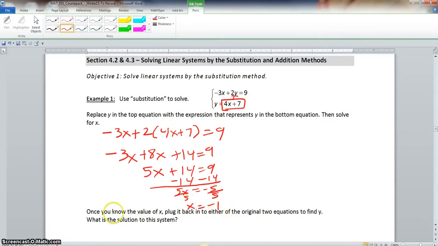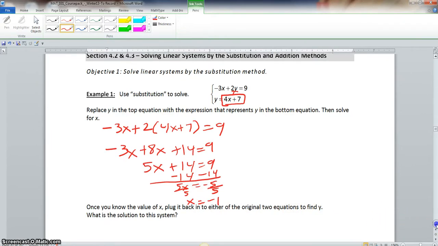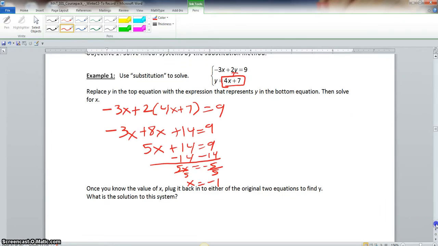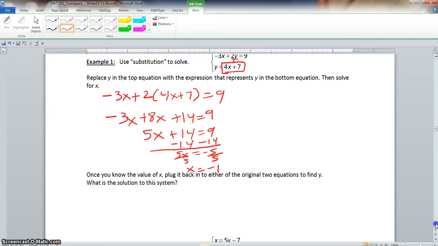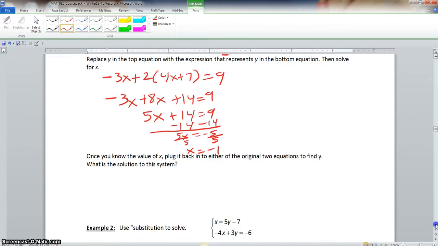Now, it says here, once you know the value of x, plug it back into either of the original two equations to find y. What is the solution to this system? Now, what I'm going to do is, because I have a nice amount of room up here, I'm going to do the, well,